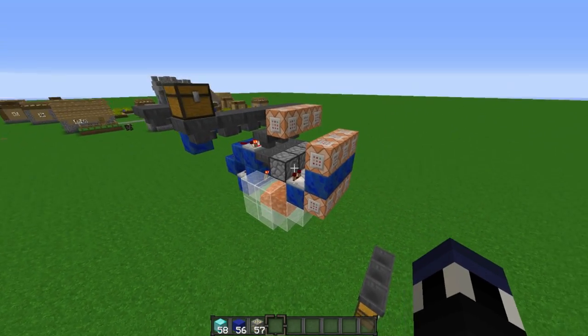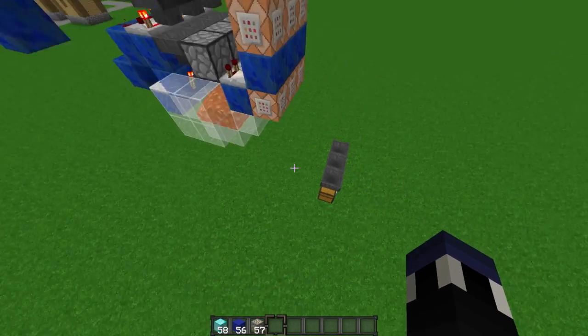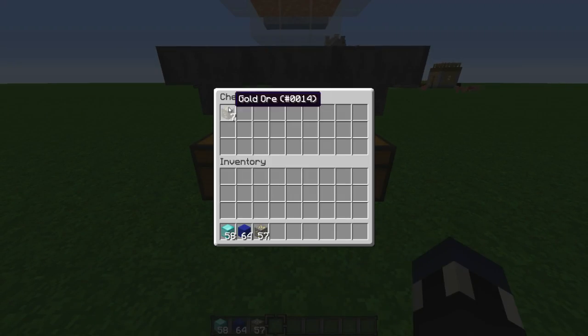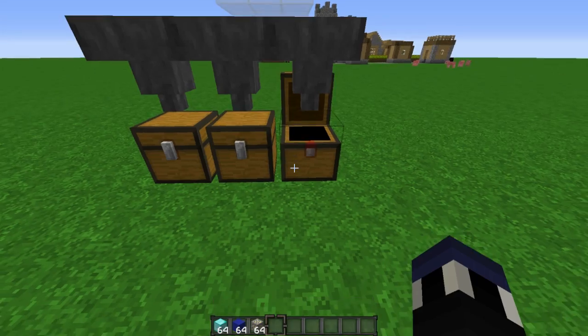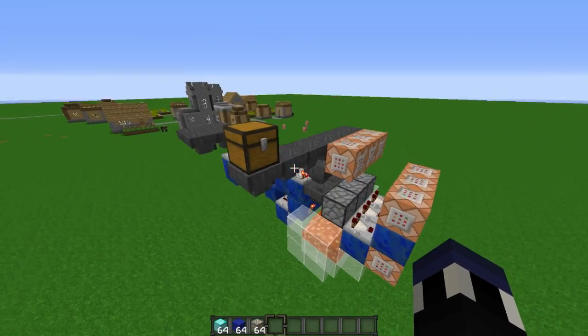I will provide a download link with this one specifically in the description below if you guys want to toy around with it. And by the way, I may as well note that the 8 wool that I dropped in there are there, there, and then there. You can see the item stacks have gone back up to 64